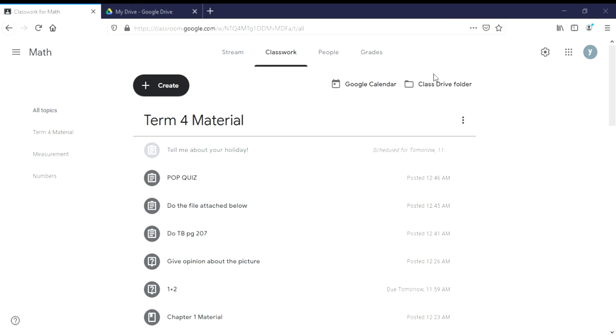If you allow them to edit, they will be able to edit the answer here. And since you opened the discussion, that means they can see their classmates' answers. They will be brought to their classmates. Usually there should be a lot of names here. They can reply to their classmates' answers if you allow them to do so. That is about the question.